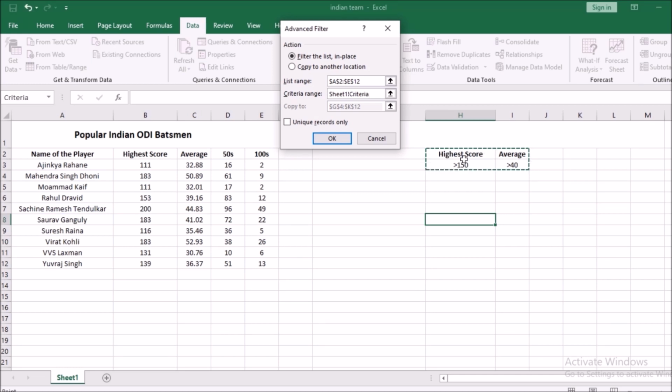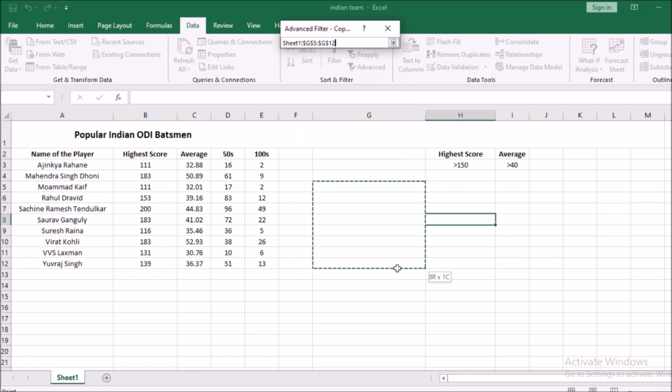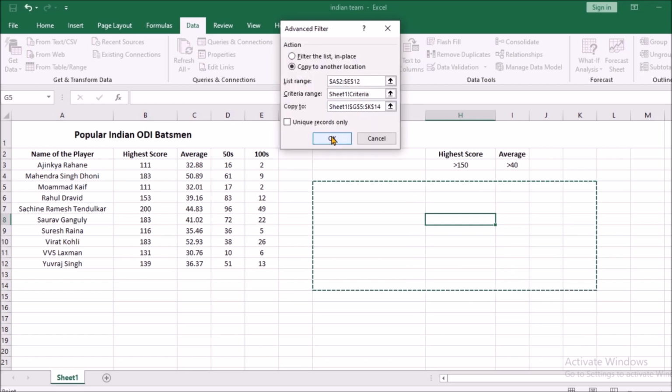Next, copy to another location, because you want another list with these criteria, so you should do it in a different location. Again you click in here and you can change the location. Okay. Now if you click on OK, the list will come as per your criteria.